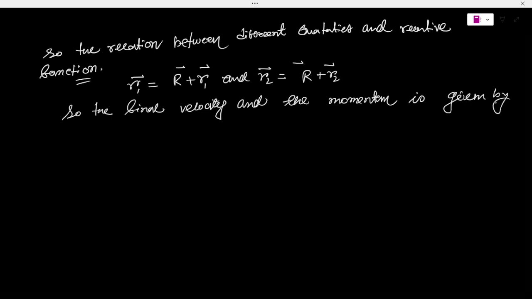So the final velocity and momentum will be given by that v is equal to nu dot plus nu1, okay. So v is equal to, and after that it will be nu plus of nu divided by m2 into r dot square. So here v is the velocity of the center of mass of the system,